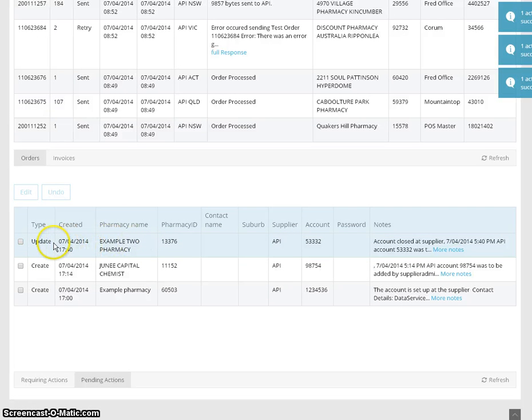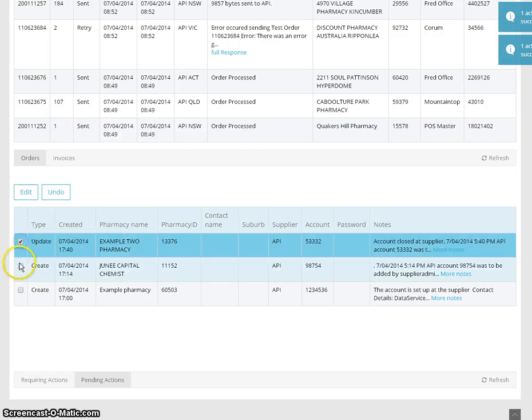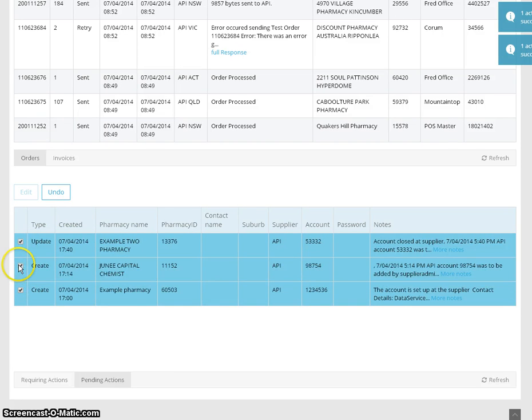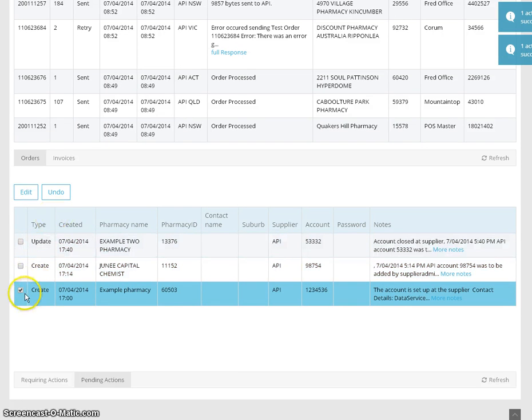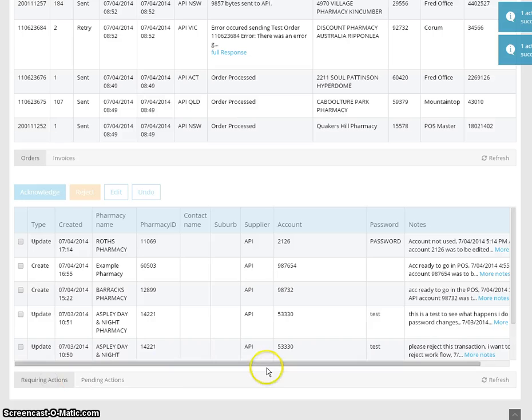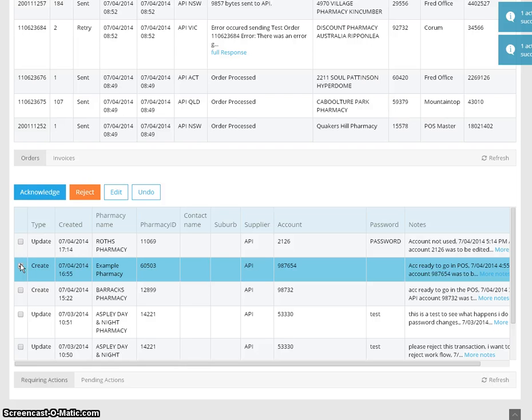That same process is applicable to any of these as well. If we wanted to undo any of these, we could very easily. But obviously the default list that you're going to see will be the requiring actions, because these will be any account changes that need some sort of confirmation of that process from the supplier. And just a reminder, for any new accounts, to approve the account,